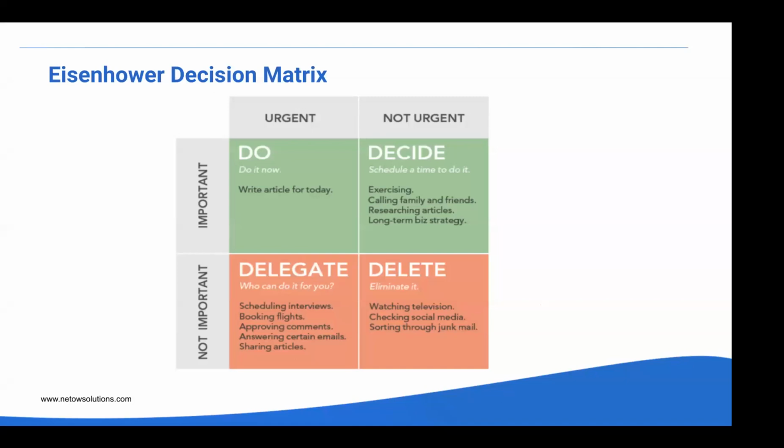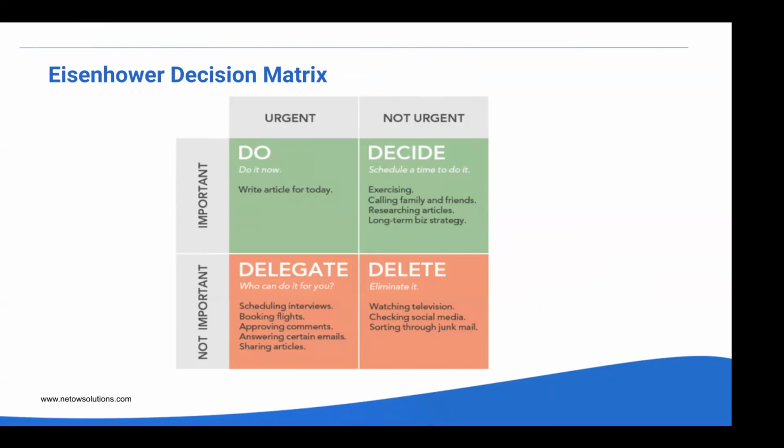One of the systems that I came across is the Eisenhower Matrix. Now, this is a matrix that helps you to decide what you want to do. From what we discussed in the previous slides, you can see that you need to identify what is important and what is urgent, and then have a matrix where you can now put those tasks in each of the cells. Now, if something is important and it's urgent,